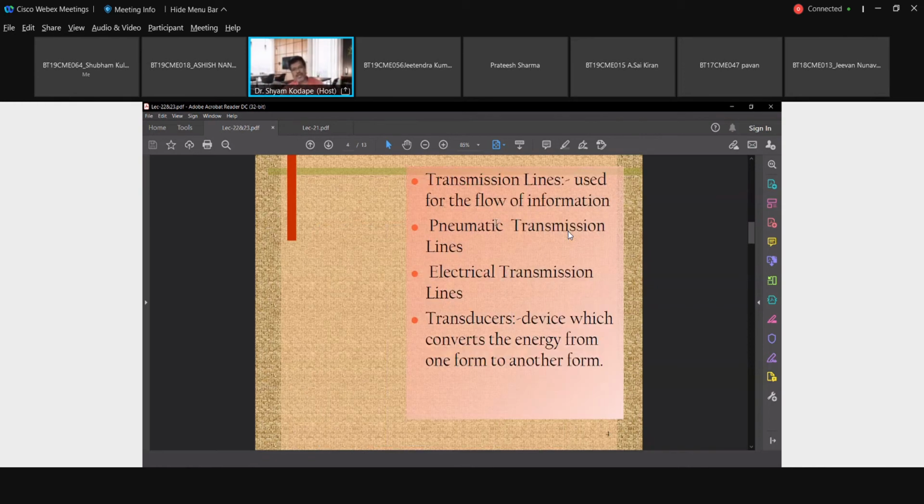न्यूमेटिक ट्रांसमिशन लाइंस हो सकती है या फिर इलेक्ट्रिकल ट्रांसमिशन लाइंस हो सकती है, because whatever the information is flowing from one point to another point, these particular two components not always work on the same principle, they may work on different principles। जैसे controller is working on the electronic devices, while the control valve is nothing but a mechanical displacement equipment। आपके घर में जो नल होता है, वॉल्व होता है, it is nothing but a mechanical displacement equipment। Are you getting my point? जैसे एनालॉग टू डिजिटल, डिजिटल टू एनालॉग।